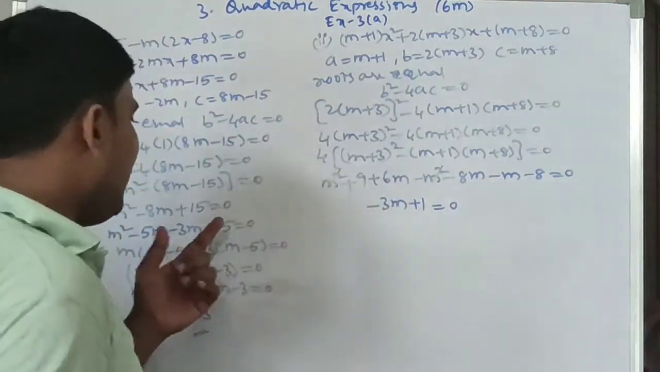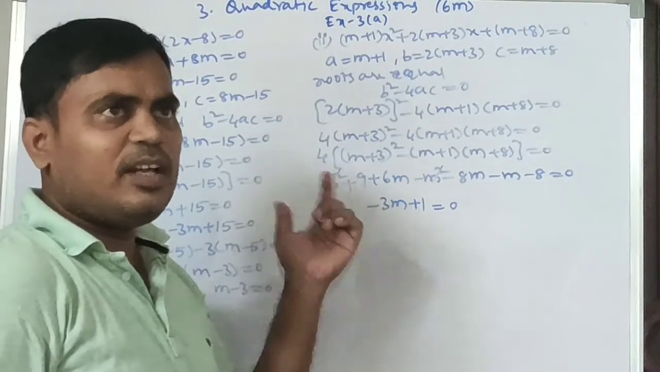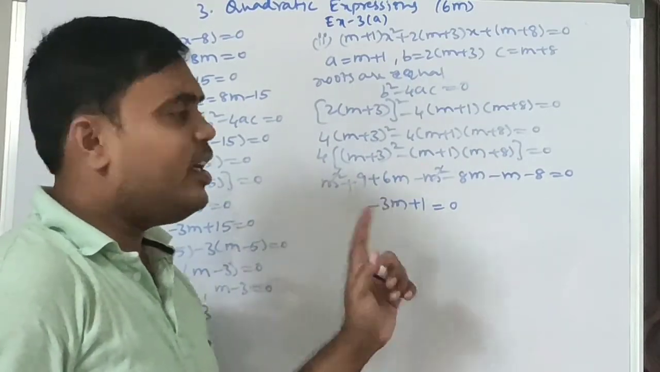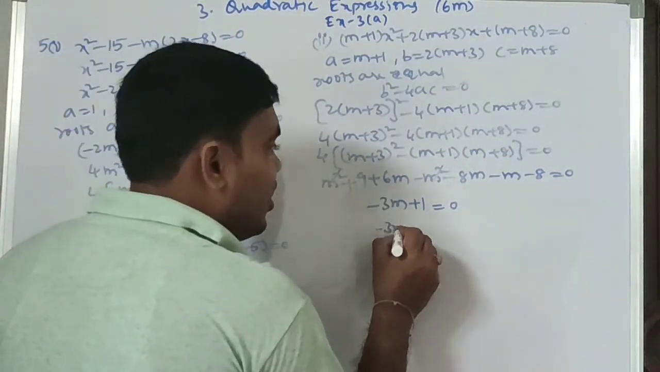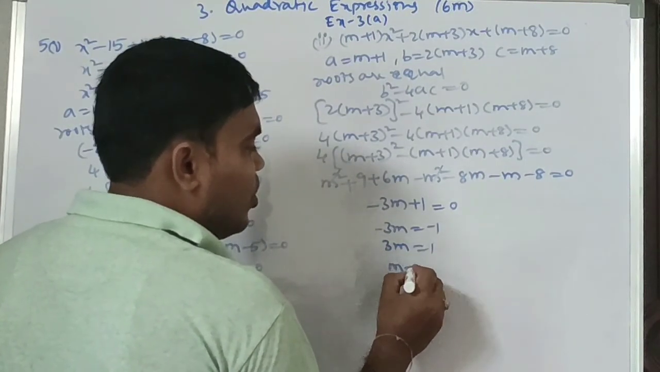So previously we got a quadratic, here we got a linear. So either we get quadratic or linear, so we need to solve. So minus 3m equal to minus 1, 3m equal to 1, m equal to 1 by